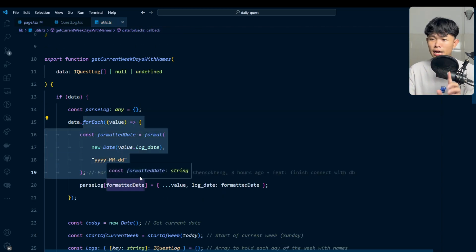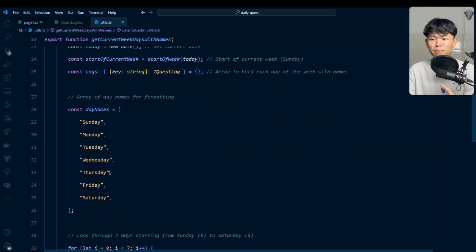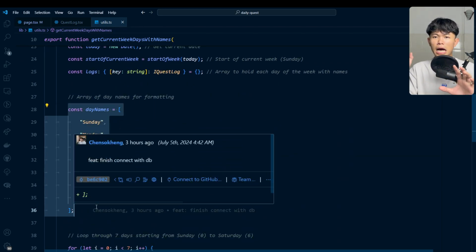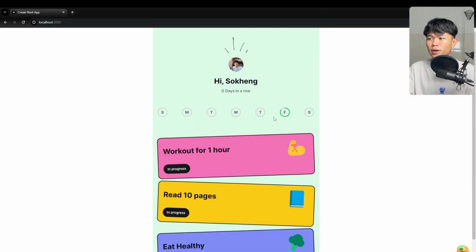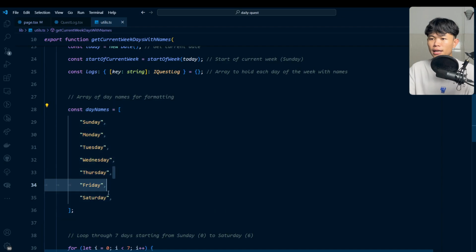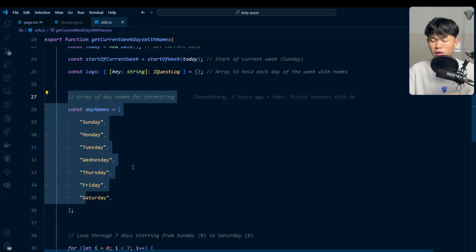The reason that I do that is so that I can map the entire week. Because our calendar fetches the dates of the current week on the client side, this one is guaranteed to be 7 days, like 7 records.